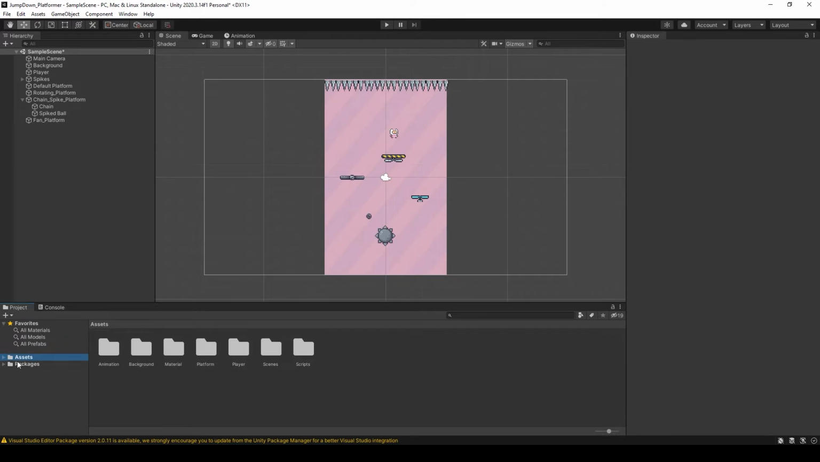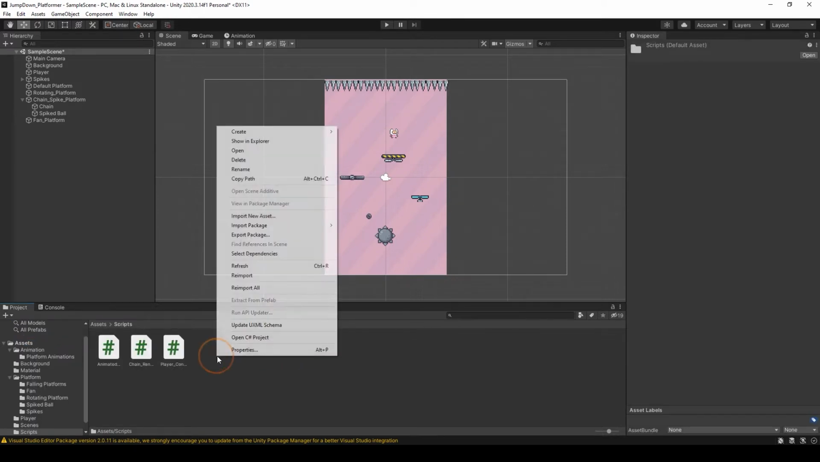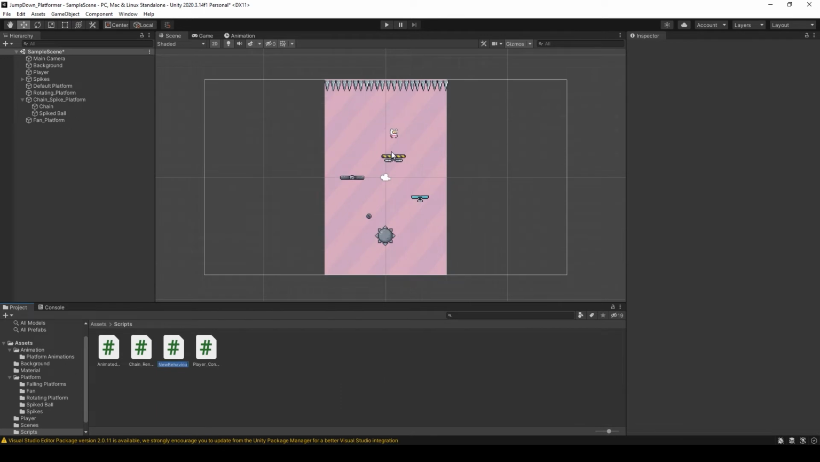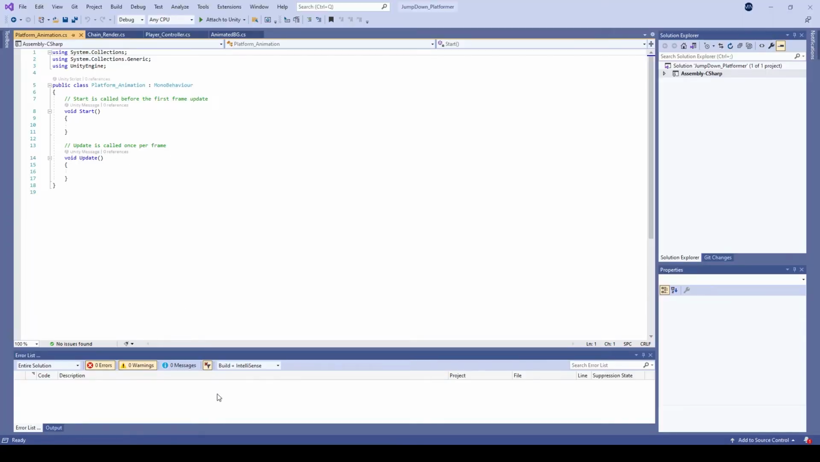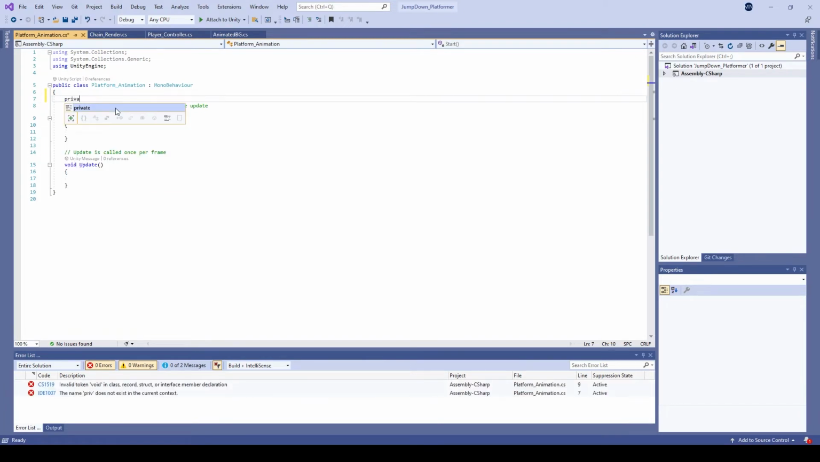So go to Asset, Script folder, and create a new script and name it platform animation. Perfect. Now simply double click and open it. First of all, we are going to create an animation for our fan. So what I am going to declare a private Animator